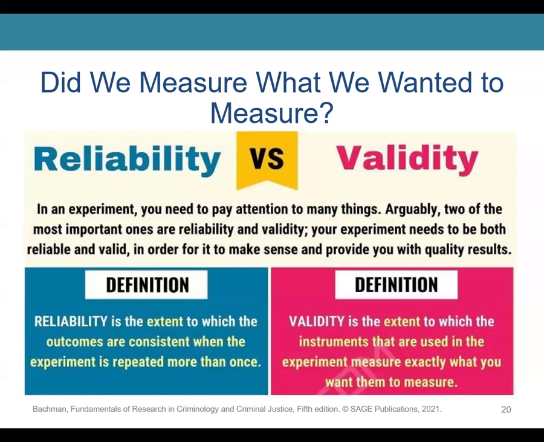Criterion validity is established when scores obtained in one measurement can accurately be compared to those obtained with a more direct or already validated measure of the same phenomena. So if I redid an experiment from 10 years ago, given the same conditions, given the same constructs, I get the same results. Okay. Construct validity is the type of validity established by showing that the measure is related to another measure as specified in a theory.